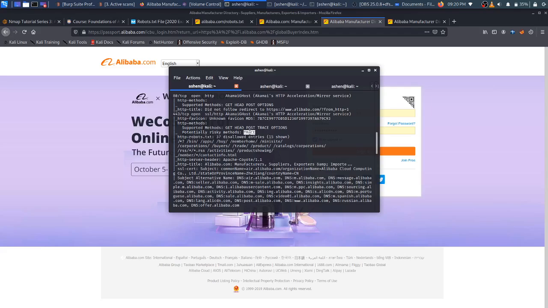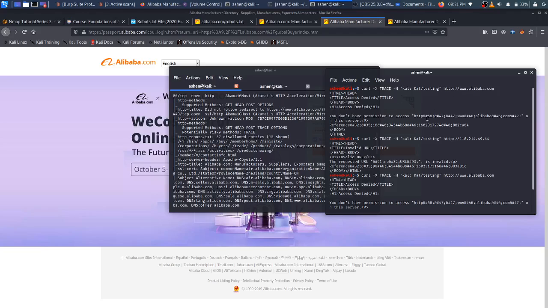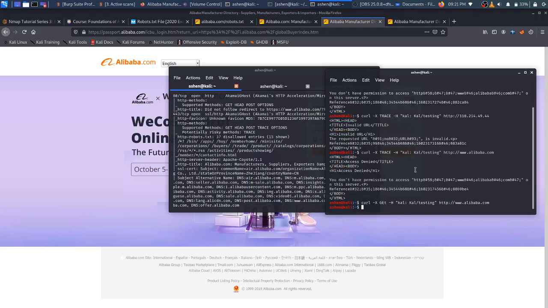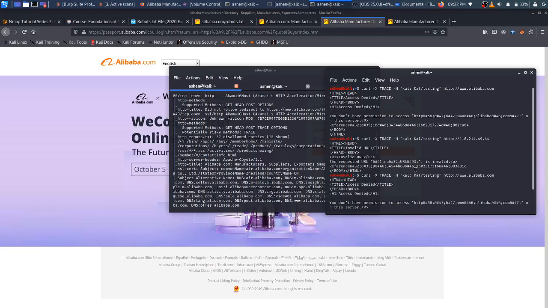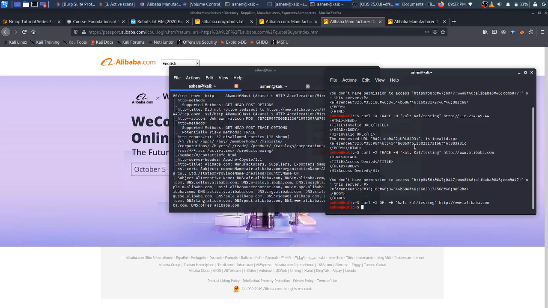With this TRACE HTTP method, this is a very risky HTTP method, because we can retrieve all the request headers and bodies in the HTTP response. Because of that, this is very risky to use. I used the TRACE method for some things here, but I have not succeeded. It's access denied, access denied, invalid URL. I will try to do more than this next week.